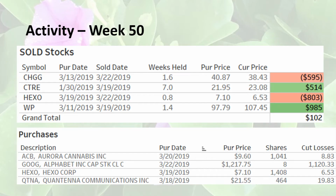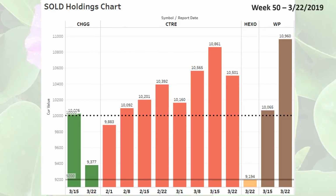I did sell 4 stocks this week, and I also purchased 4 stocks this week. One of the stocks, HEXO, was a purchase and a sell. This is a bar chart showing the stocks that I have sold this week. You can see that CTRE and WP were both sold for a profit, and Chegg, CHGG, and HEXO both sold